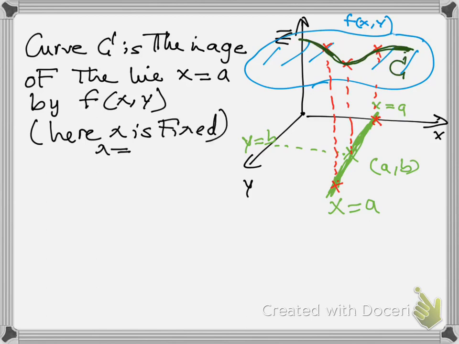X is equal to a. But the variable y varies. The variable y can change. And again, the same idea here. So if you take the tangent line to the curve C